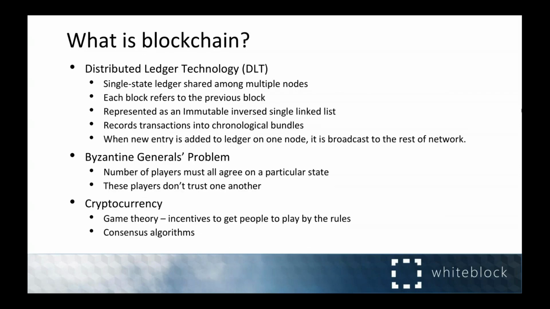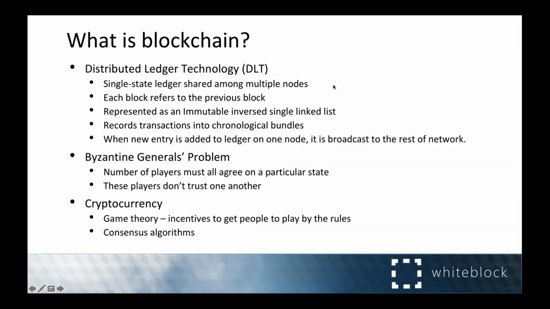Anyway, in a traditional singly linked list, everything is referring to the unit that comes after, whereas in blockchain each block refers to the one previously. Essentially it's a Merkle function. It records transactions into chronological bundles based on validators or miners. So when a new entry is added to the ledger on one node, it's broadcast to the rest of the network via gossip protocol, and everyone establishes consensus to say yes, this is valid, and then it's added to the